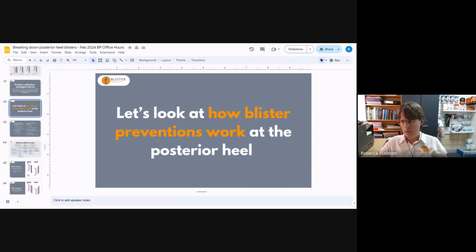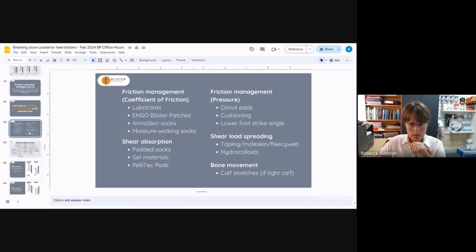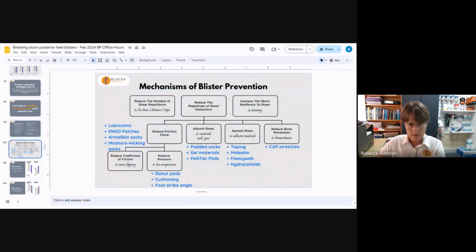Okay, now we are really going to get into the nitty gritty. So strap yourselves in. We're going to look at all the blister preventions that can be applied to the posterior heel, or as many as I could think of, and exactly how they work. Apologies for this complicated slide, but essentially if I superimpose all that onto this magnitude mechanisms chart,